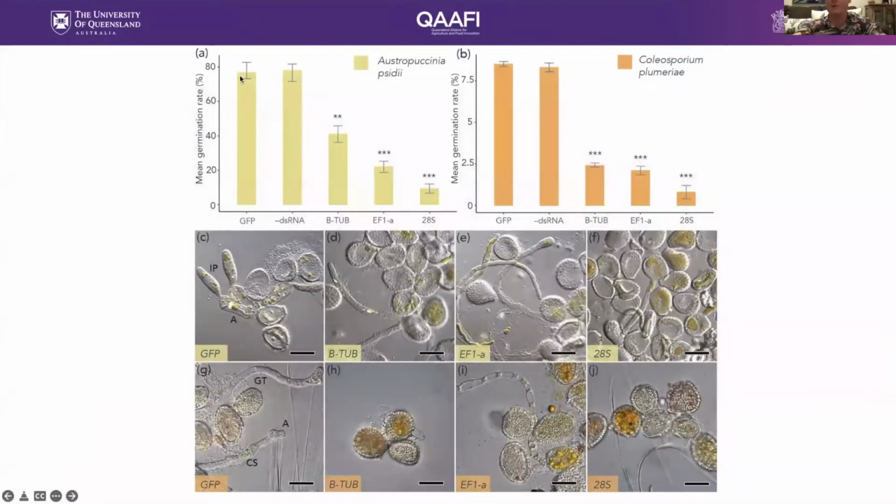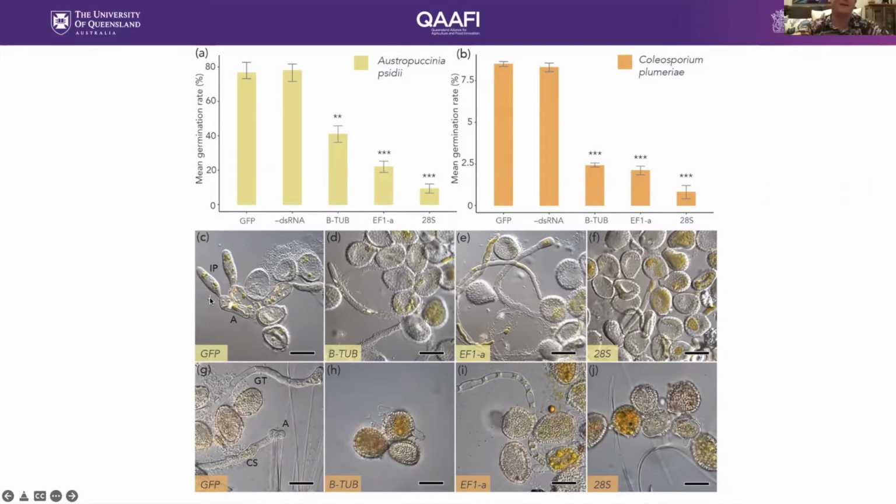And what Beck found when she did her spore germination assays was a significant reduction in germination rate of myrtle rust and a significant reduction, even though it already had a really low germination rate, in frangipani rust, especially with LSU. So Beck was also just checking whether double-stranded RNA impacted either the appressorium formation or germination rate or whatever, just as another positive control. So this was nothing, and this is just kind of with double-stranded RNA labeled with GFP, just to check if that double-stranded RNA was having an effect. So these are just that with labeled double-stranded RNA